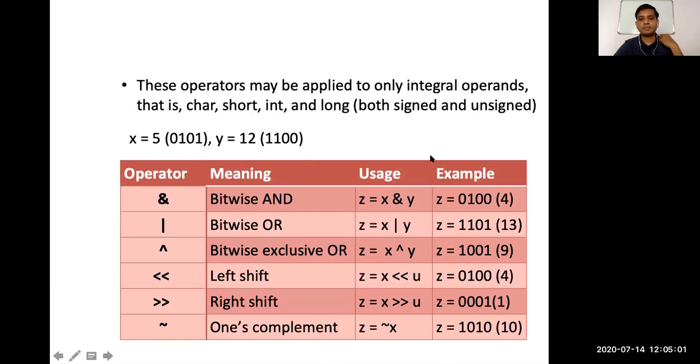Okay, so these are some examples here. X is equal to 5 and Y is equal to 1, and you can do the manual work to see how it is operated for AND, OR, XOR. Is anyone having a doubt about how these are evaluated? Anyone having doubts about how the AND, OR, XOR operations work, or are you clear with this? Or should I take one example?